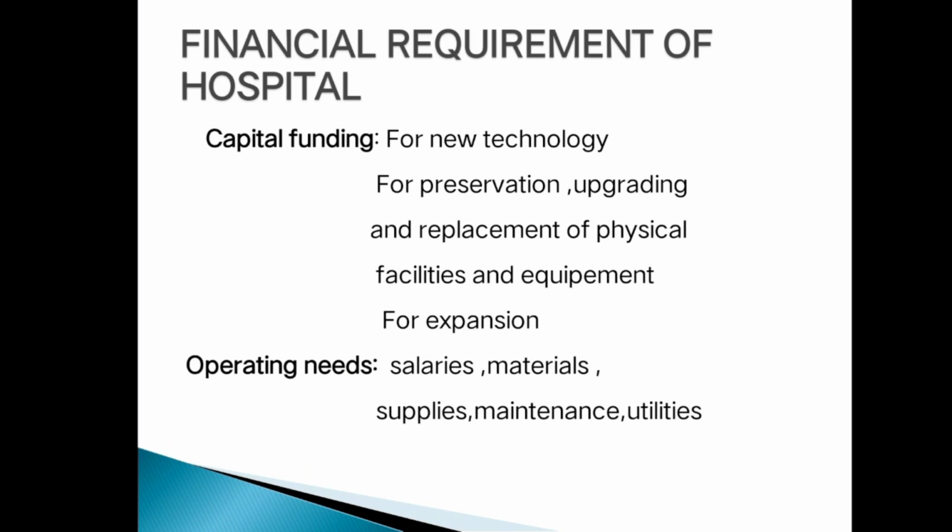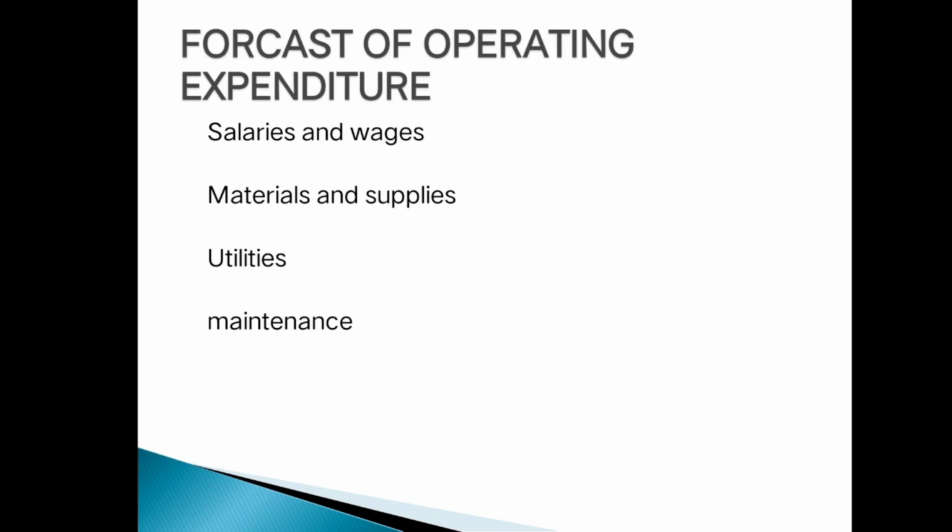Next is operating needs. That means there will be a movement of the resource. That is salary. Salaries are also known as movement budget or operating budget for the materials, supplies, maintenance and also the utilities. So operating needs like salaries for all the personnel, whether it is the educational institution or the healthcare institution, for clerical persons, for nursing personnel, and for the stipends if we are giving anything, or if we have planned any award for the nursing personnel. For that purpose, we will be allocating the budget in advance.